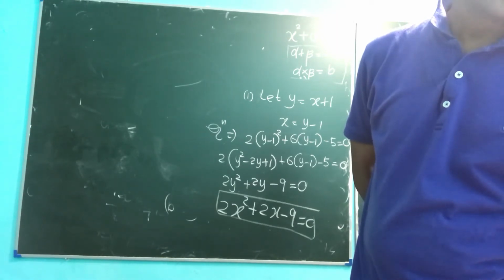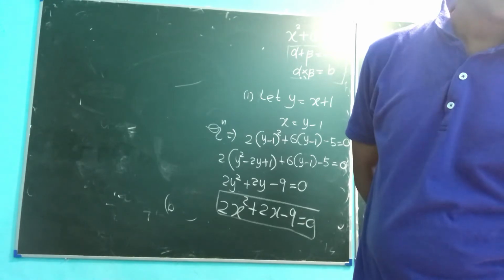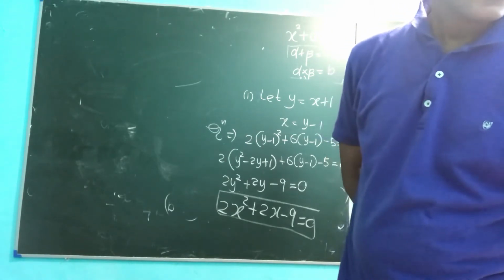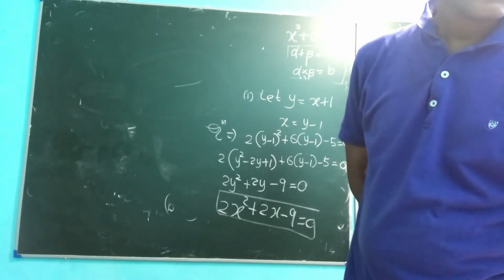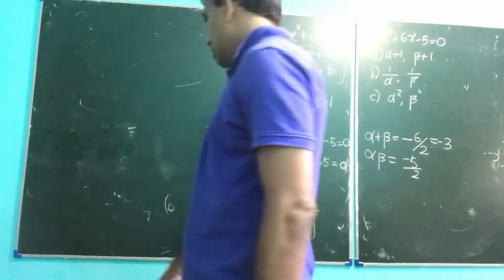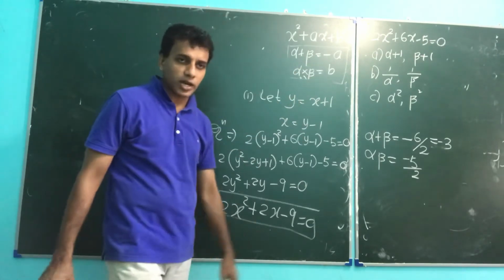Sum of the roots and the product of the roots. For the other part also, you can use the transformation. It's the equation, right? So the second also you can use the transformation